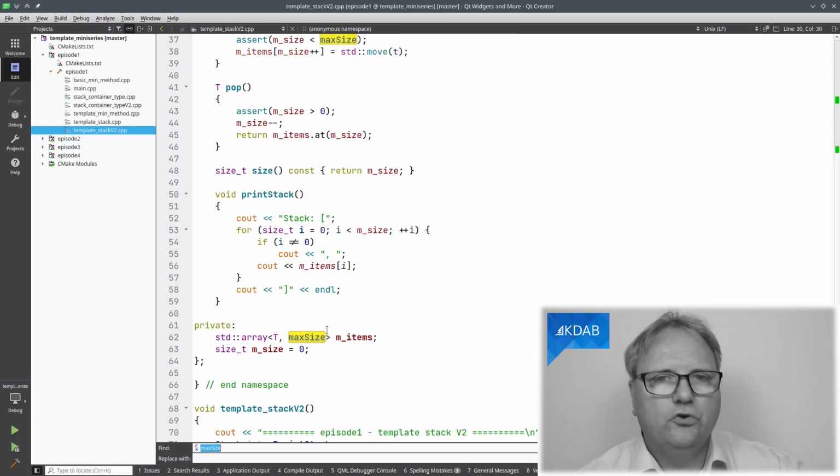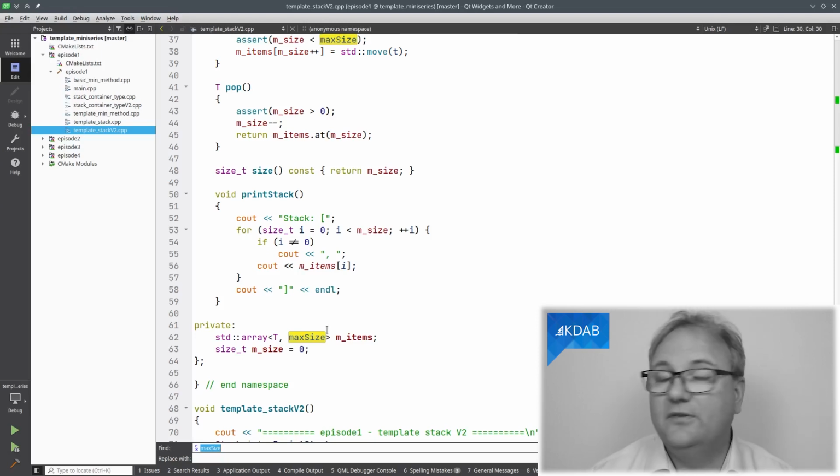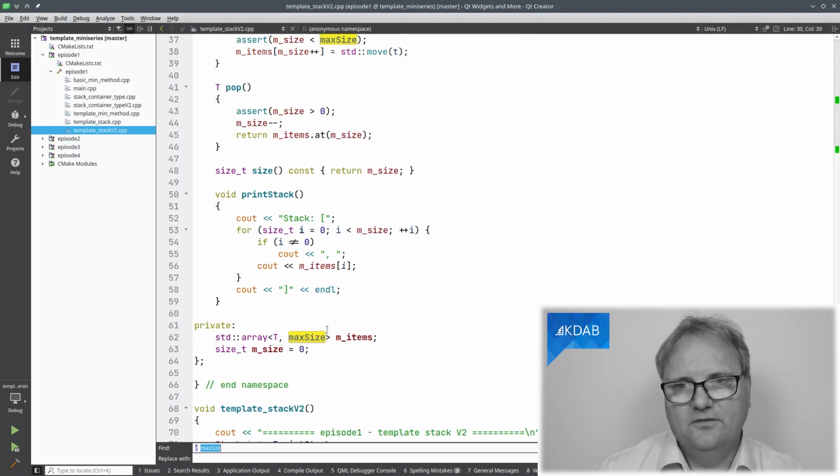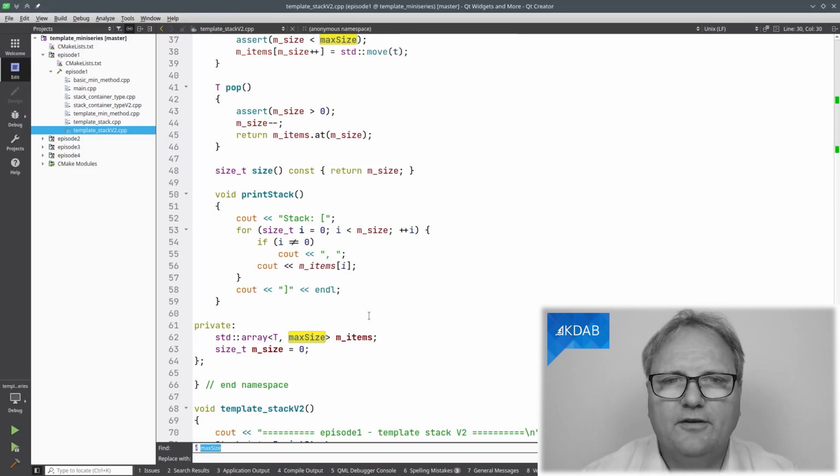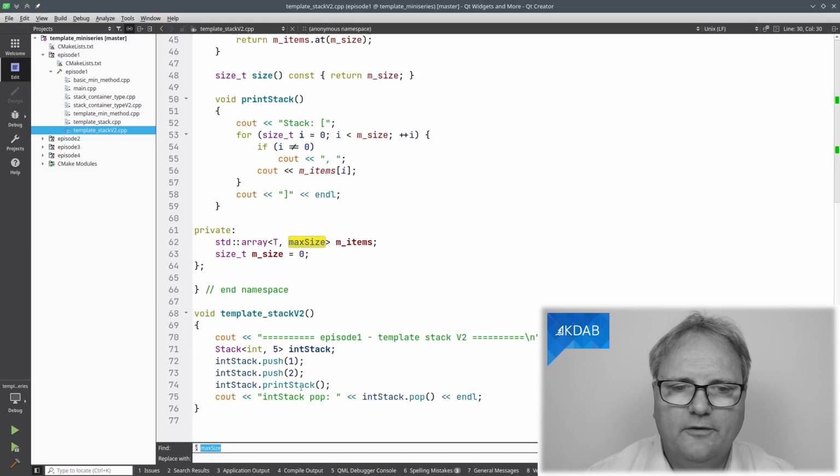Just like string and foo are two different types, I can of course have assignment operators that take one and convert to the other if I want to, but that's going a bit too far. All you need to know, however, is how I instantiated stack int 5.